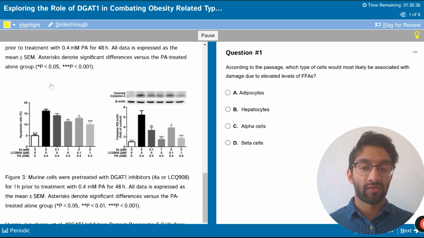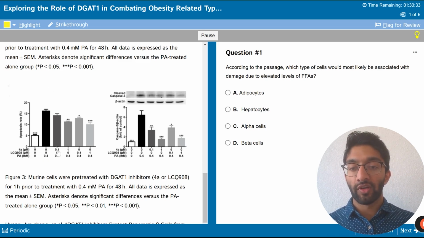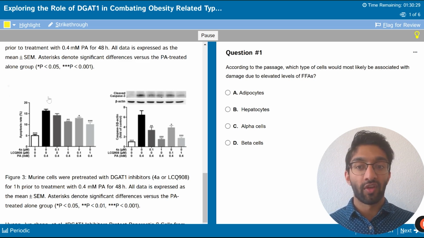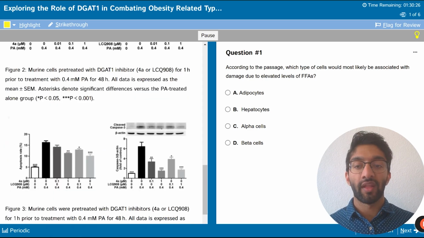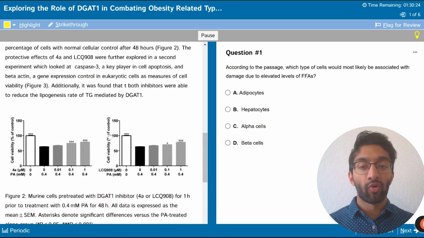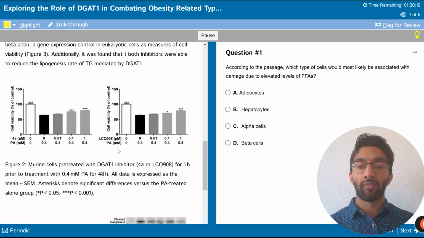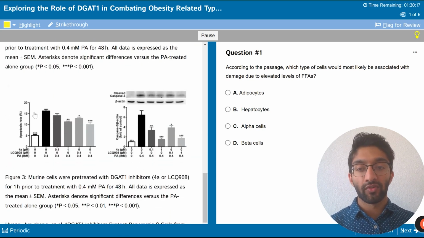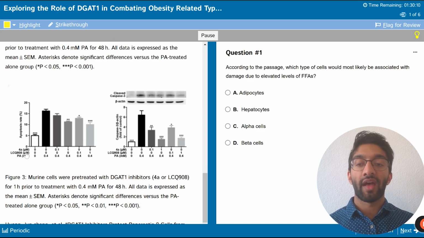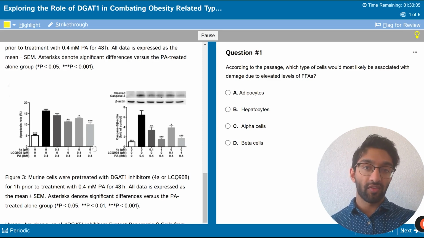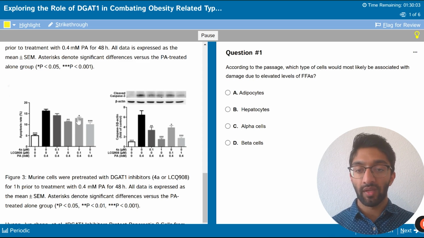That really skyrockets. But as we learned earlier, as soon as you add a bit of inhibitor and increase the amount of inhibitor, more cells stay alive. That's what we learned here, and this is the direct link. Before, we could sort of hypothesize that maybe it's because there's less apoptosis, but you can't make that conclusion from figure 2 alone. Only when you come to this figure do you see that apoptosis actually decreases with concentration. So now you can make a direct connection that as you add one of these inhibitors, it will decrease the apoptosis rate and thus increase cell viability. And that's what we notice here and here.